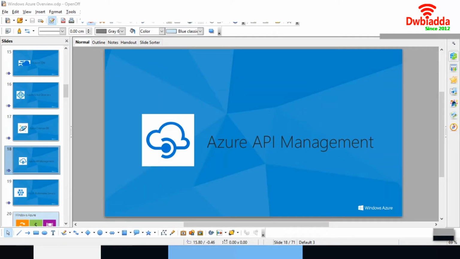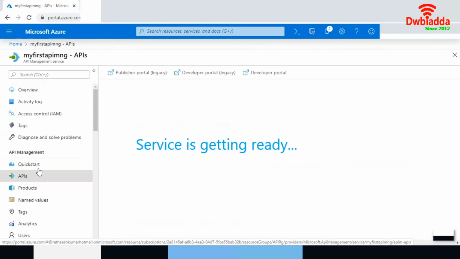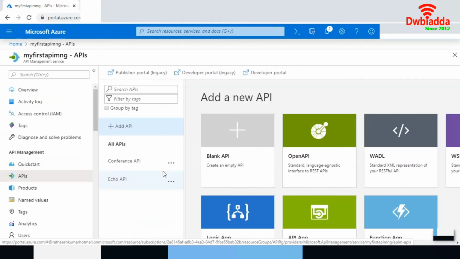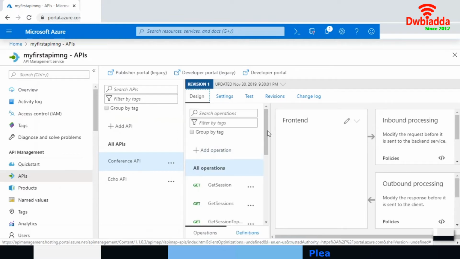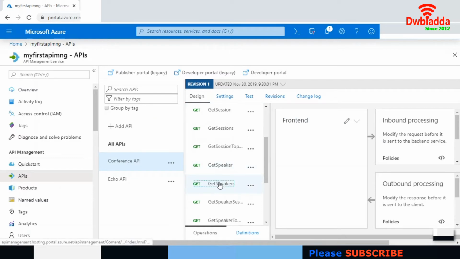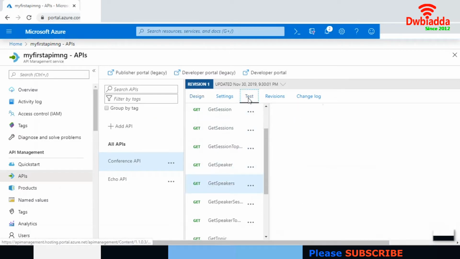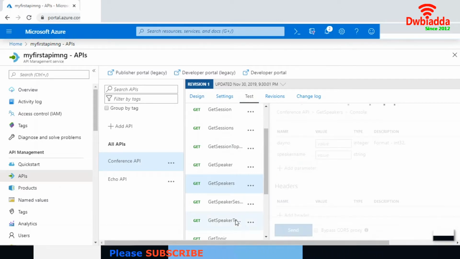So let me go into portal.azure.com. I'm here in portal.azure.com, and this is my first API which I created in the previous video. If I go into the API, I imported the conference API from Microsoft Azure. You can see that my conference API has already been tested, and I can see a successful 200 response. If I go to the get speakers option here, go to the test option, and hit test on this get speakers option,